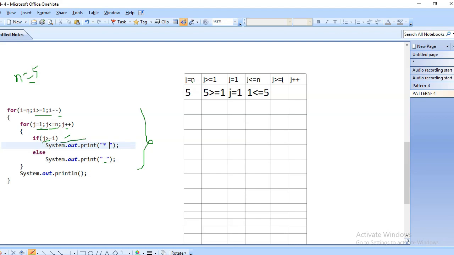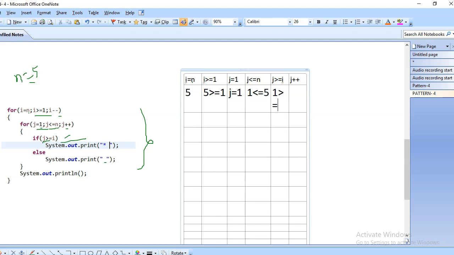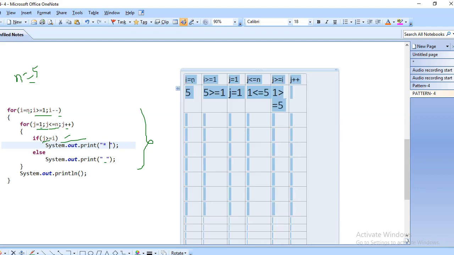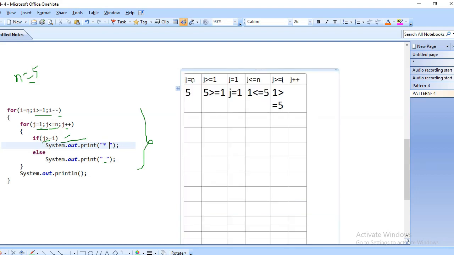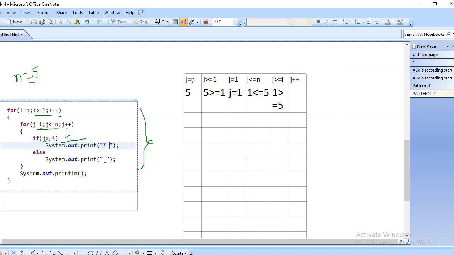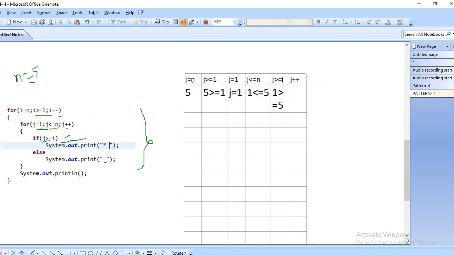In the if condition, j value is 1. Is 1 greater than or equal to i value 5? No, the condition is false. If the condition is false, it will print star and space. Let us take one table here.